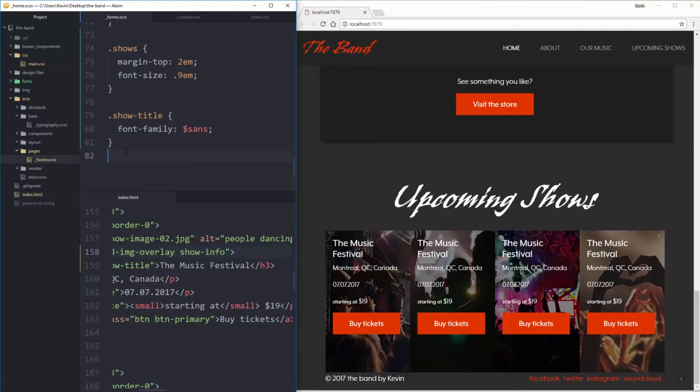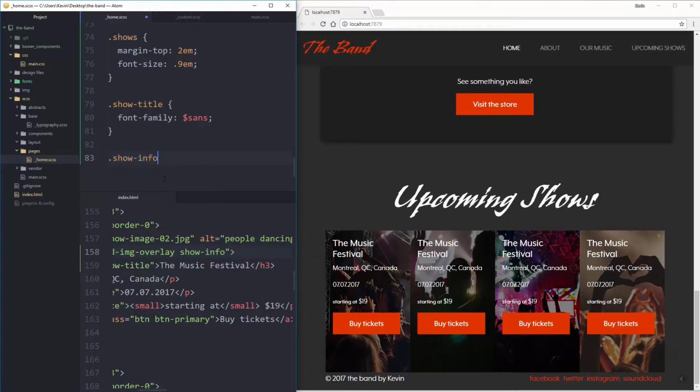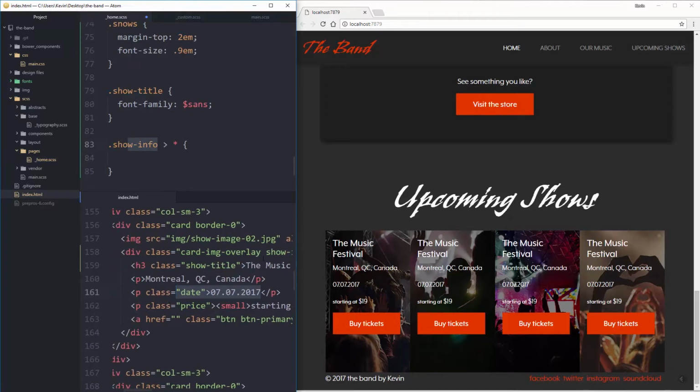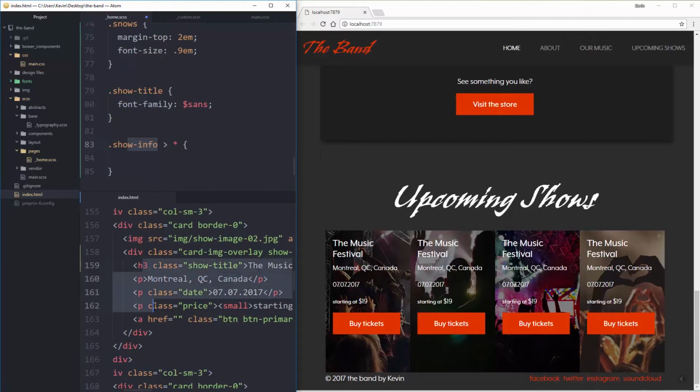Now this is something that I don't do very often, but what I'm going to do, I'm hoping it works. So show info, and I'm going to do this. And I don't use my universal selector very often, but in this case, it's being pretty specific on what it's actually doing. So this is direct descendant. So I'm selecting everything that's a direct descendant of show info. So if we look at what that is, the direct descendant of show info is my H3, these paragraphs, and my button. So if on that I put a margin bottom of 0,